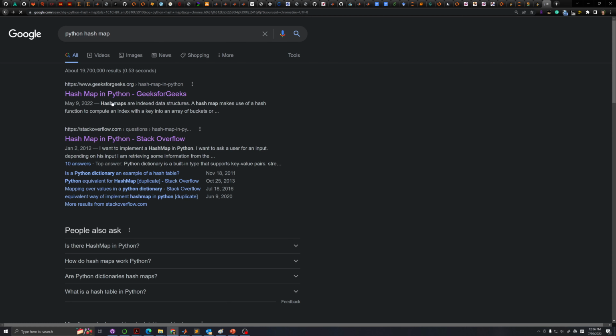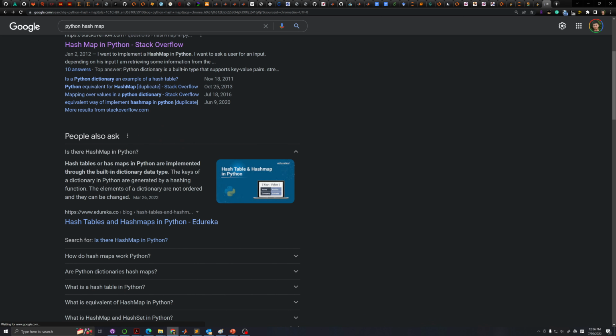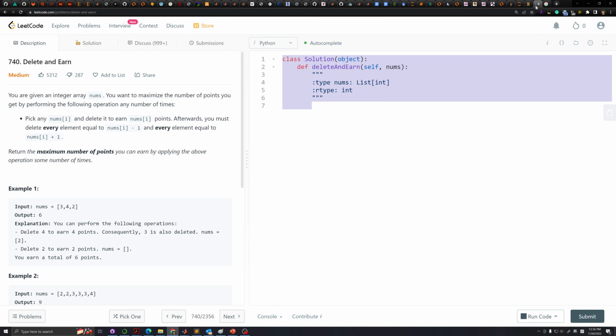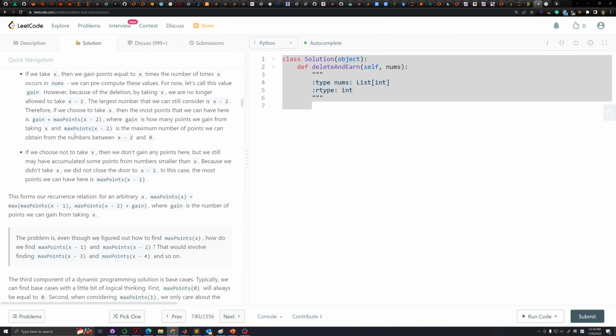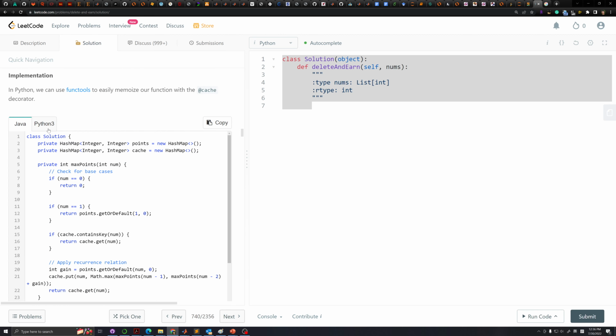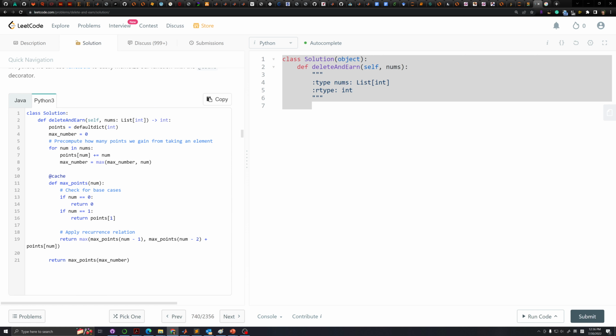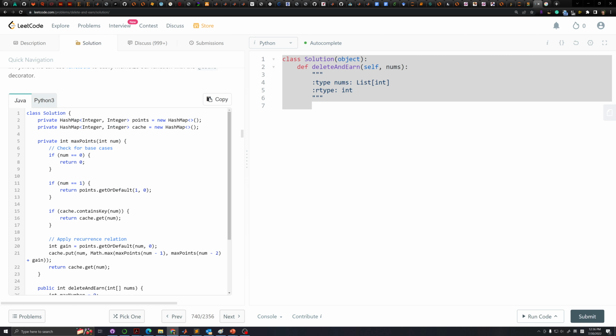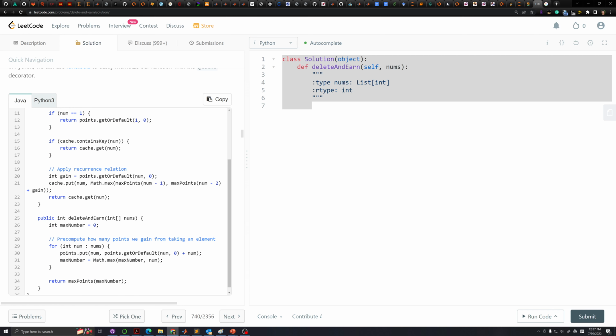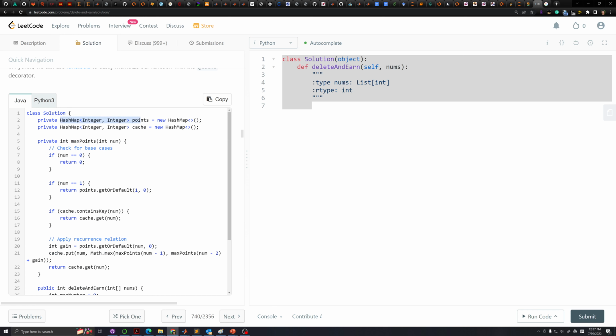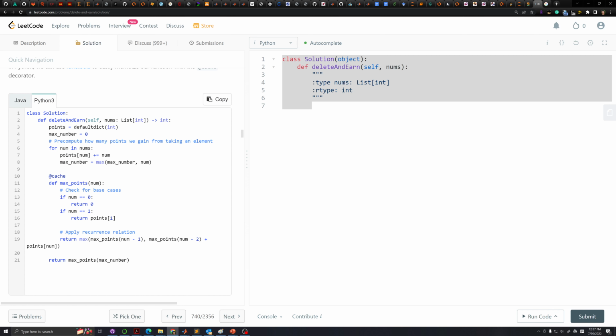Hash map in Python. That's what we're looking for. Is there a hash map in Python? Oh, built-in dictionary data type. All right. So while the solution was saying something about hash maps, maybe it doesn't really have a hash map in Python. I don't see a hash map here. But in Java they define a hash map data structure, but in Python,